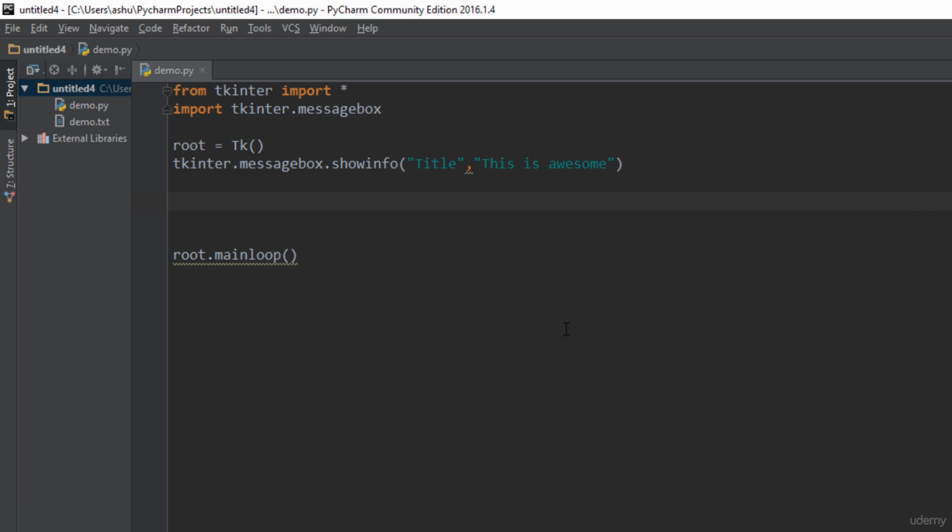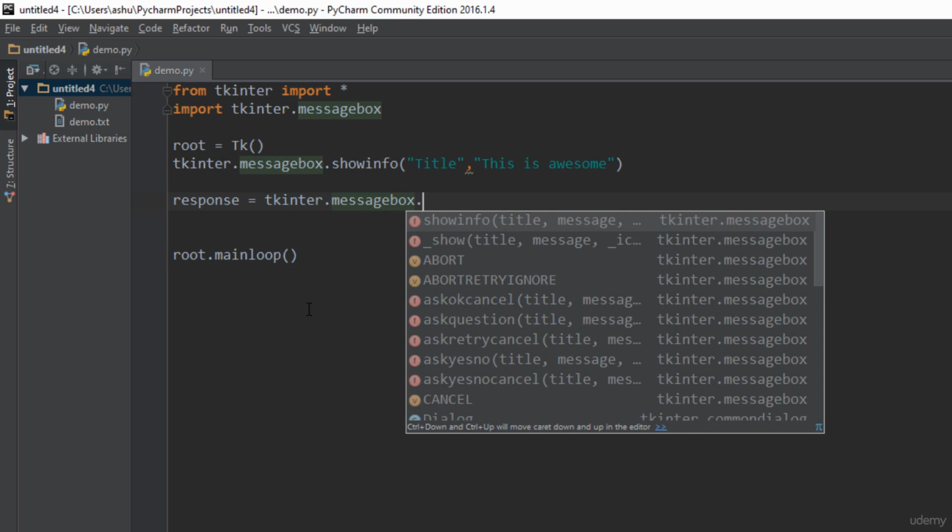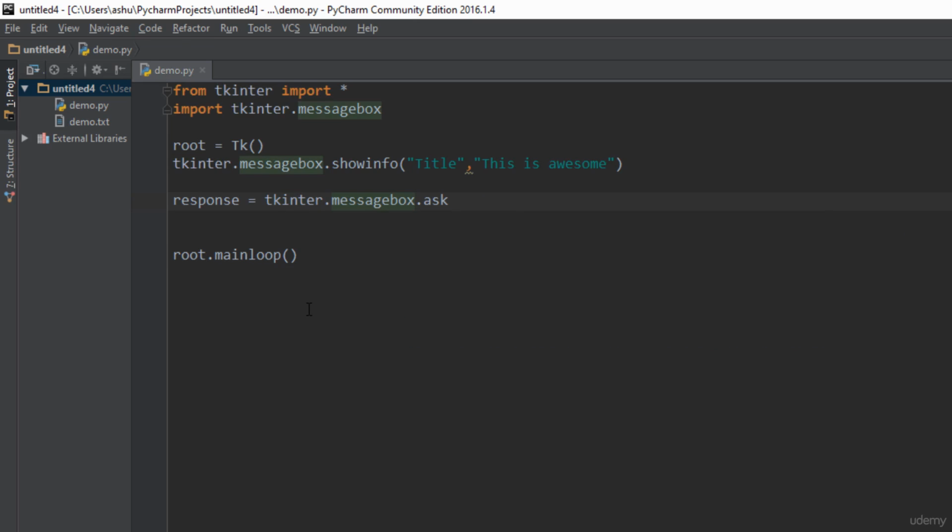Now let's go ahead and learn how to create a message box which is actually going to accept a response. As we are going to accept a response, we need a variable to store that response. So we type in response equals, again create a message box by typing in Tkinter.messagebox. and here instead of typing showinfo, we type askquestion, and that is basically going to ask you a question. To this you need to pass in the question. So let this be the question 1, and let's say this says something like, do you like